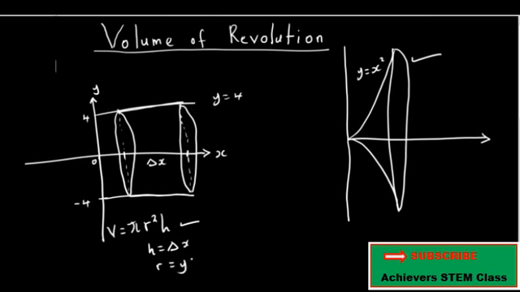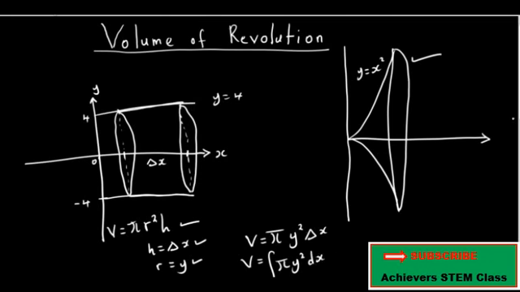By substituting these values for h and r, we get V equals pi, our r now is y squared, delta x. But writing this in integral form,